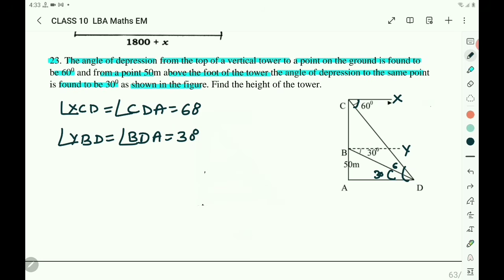That is which theta? That is tan theta. Then you write the name of this triangle. In the right angle triangle BAD,